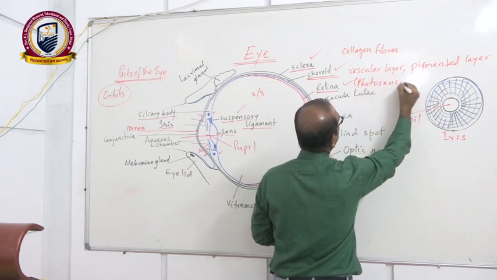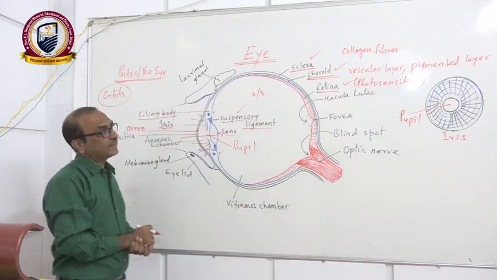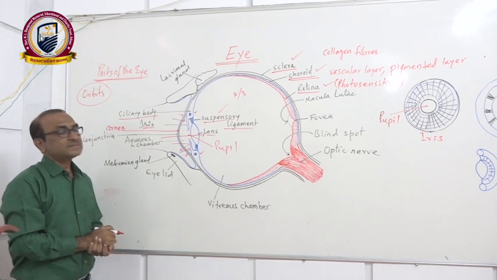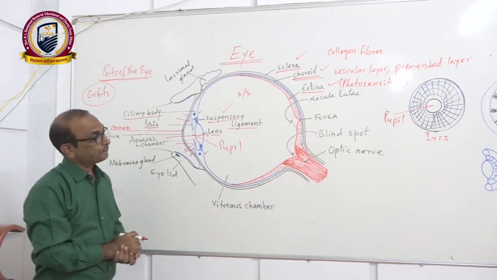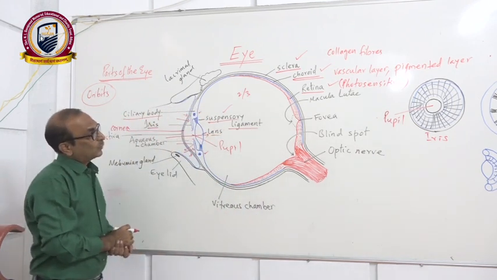Photosensitive layer, and it contains the photoreceptors. It is the main layer of the eye which is helping us in seeing the things around. Okay, now this retina, which is